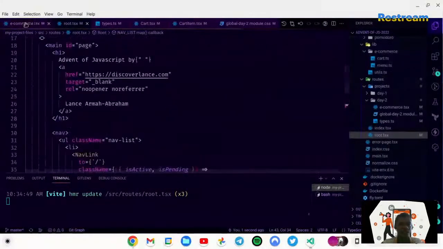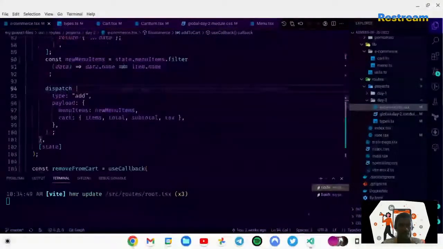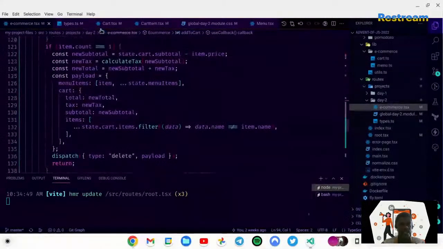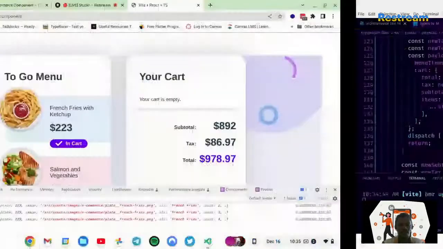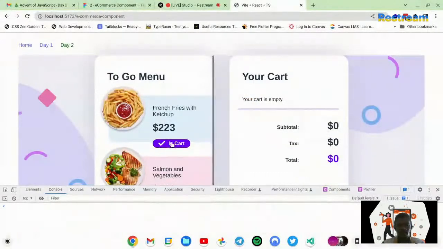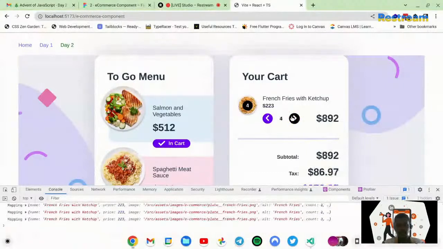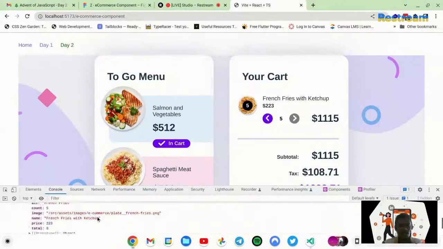Okay. So that means that we have some sort of an issue with our remove from cart. What does it check? It checks the item count being equal to 1 before it does the delete. Right. So let's see. I want to see here. Refresh. Right. Add to cart because there is updated here. So of course I'll get it. 3, 4, 5. Right. Let's see. The count is 5. Total is 0. Right. So when I go to remove,